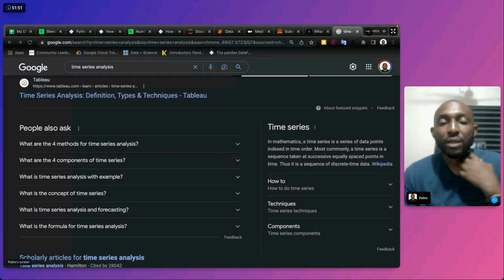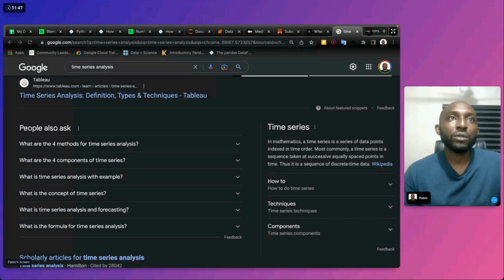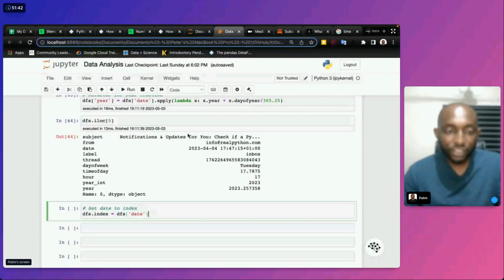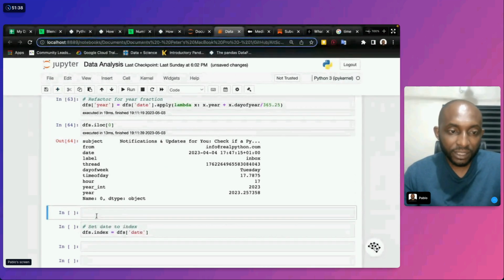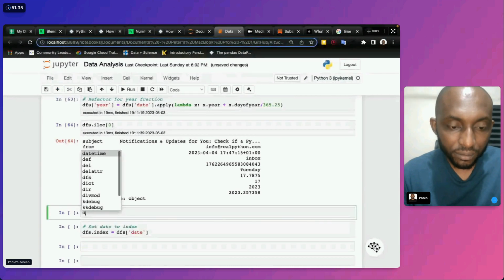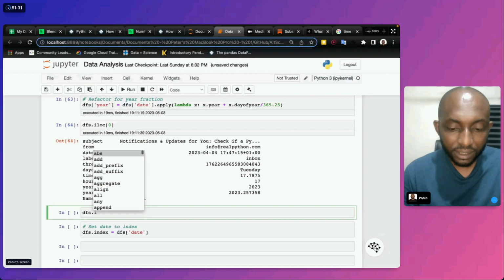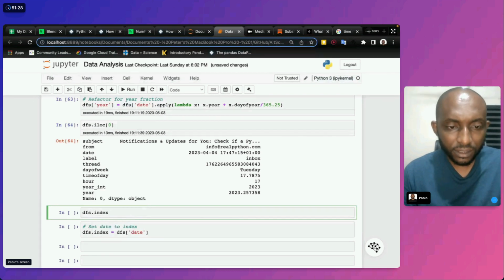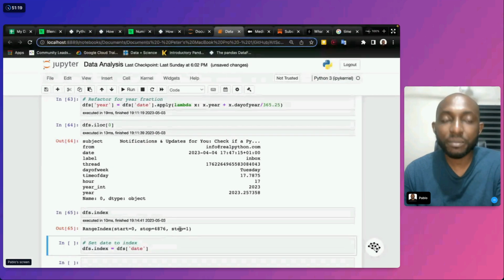But to do that, you would have to convert the date time. Just like we have our data here, you can see our index starts from 0 and stops at 4,876, taking one step at a time.